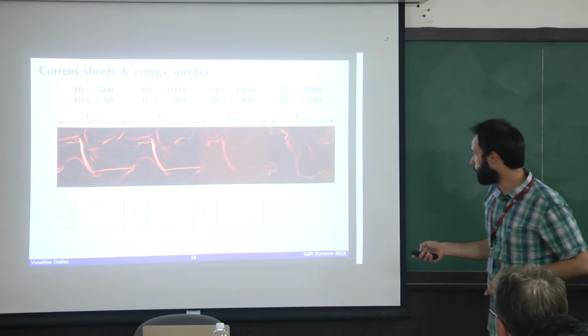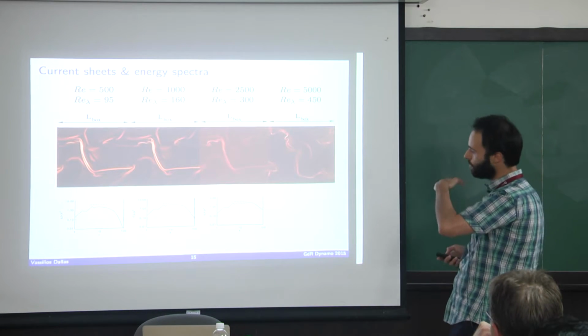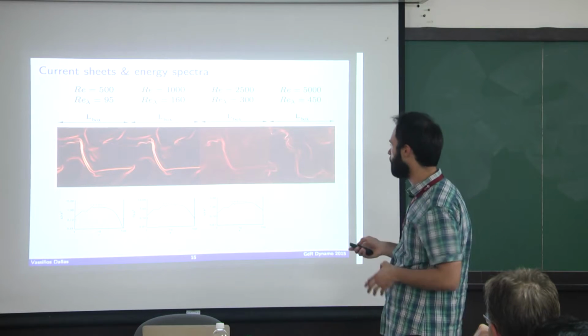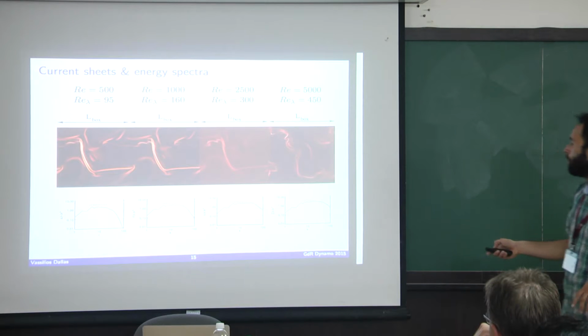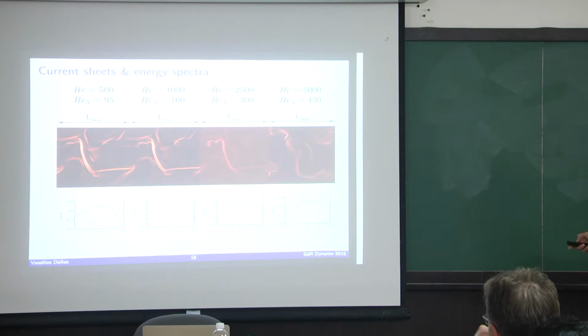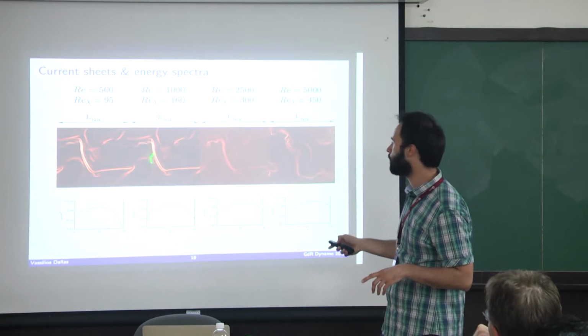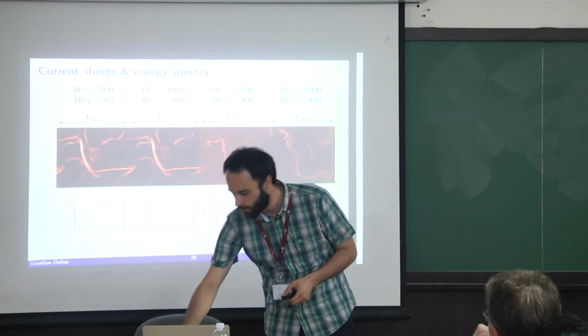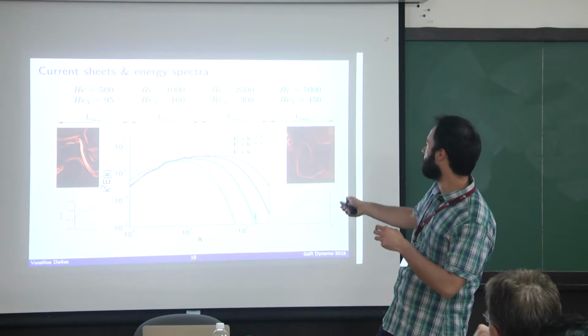If we increase further the Reynolds number, we see at the end of the spectrum that our slope seems to go away from minus 2 towards k minus 5/3. And finally, for the highest Reynolds number, we see that our slope has deviated from the minus 2 spectrum towards the minus 5/3. So it seems that even in this case, the minus 2 comes from these strong current sheets. This is, in summary, all the spectra for the different Reynolds numbers.